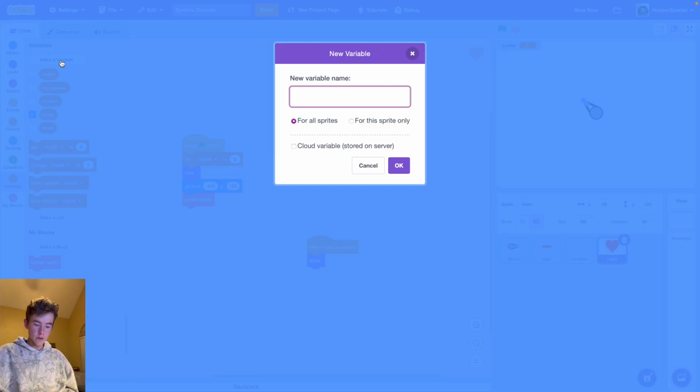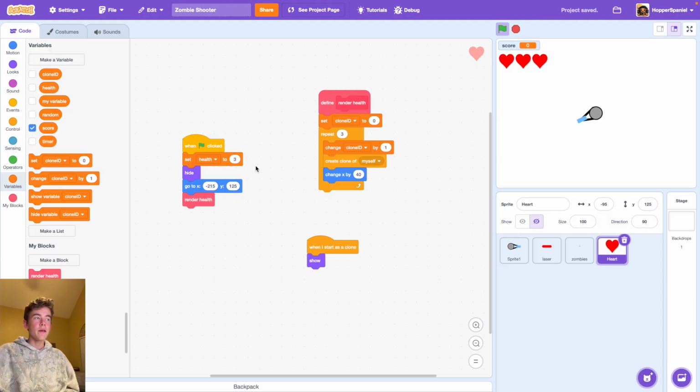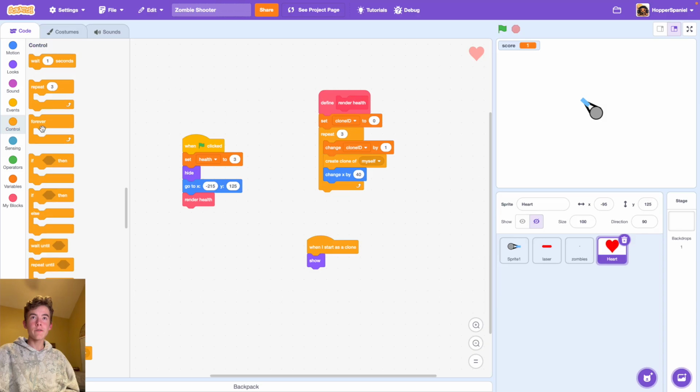And then you also need a new variable, call it clone ID. Make that one for the sprite only. And then we're going to say set clone ID to 0 there, and then change clone ID by 1. Hide that clone ID one as well as the health variable. And then you're going to go ahead and say when I start as a clone, forever,